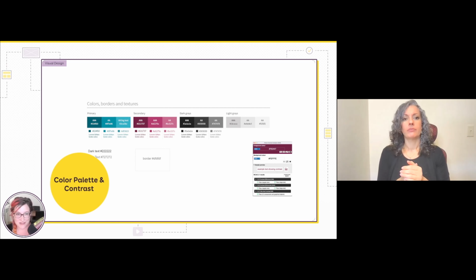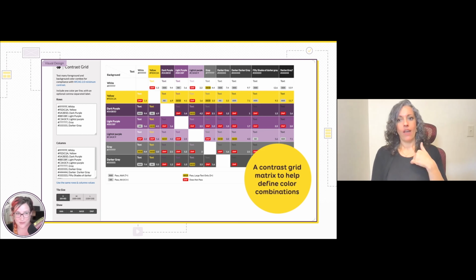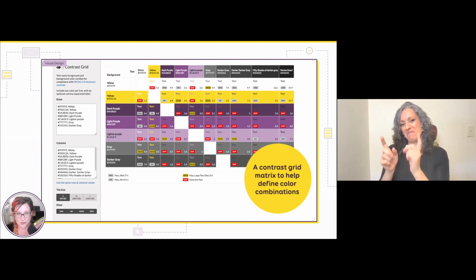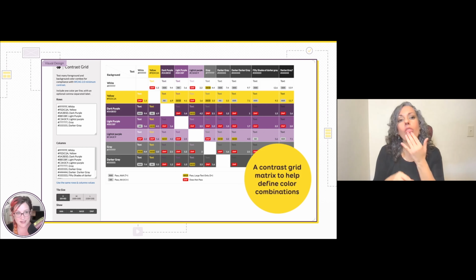Sometimes I need a little bit more. And when I need a little bit more, I can build a color matrix. Don't worry, all the links to those tools are in my presentation, and I also have a blog post with all the links. So if you're interested in that kind of tool, you will have access to it at the end of the talk. Here I have this color matrix where I have the same colors on the horizontal axis and the vertical axis. And at the intersection of both of those, you have the contrast ratio if you pair those together. So let's take an example.